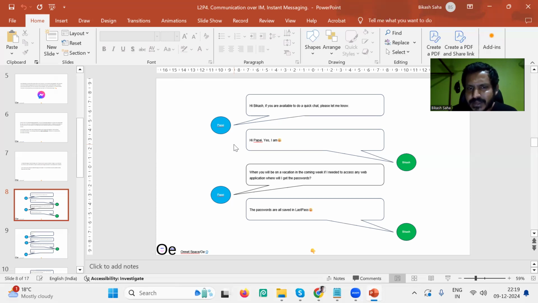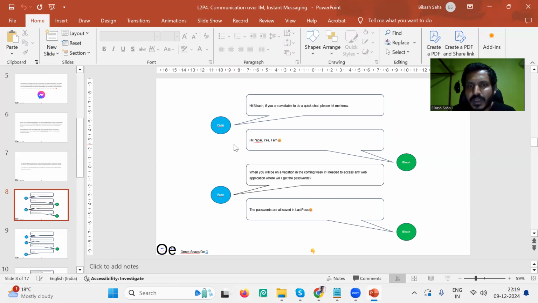Then another is, say, you asked something, but you did not get a clear response in regards to what you have asked. In such cases, you re-ask the question. After re-asking, when you get the answer, you see if you got the complete answer or not. If you have not, then you again ask for the remaining answer.